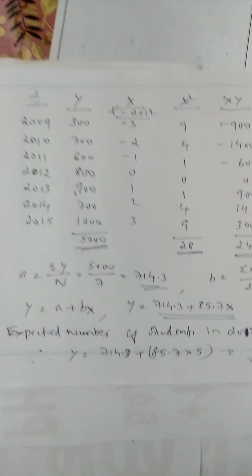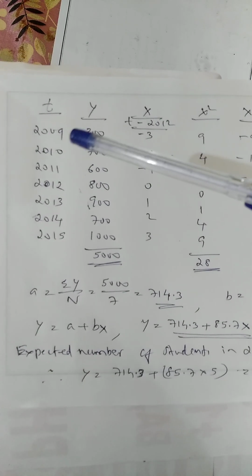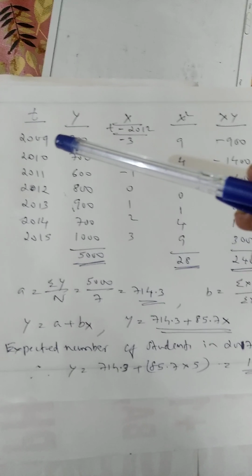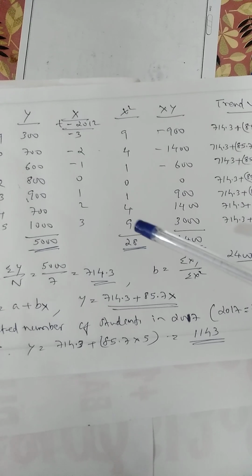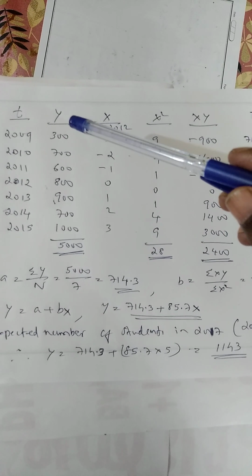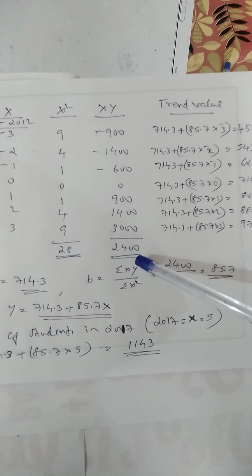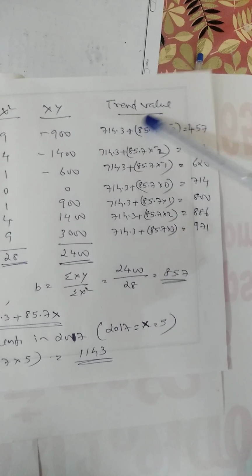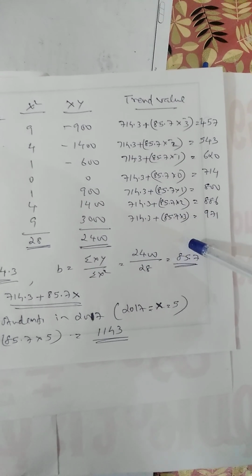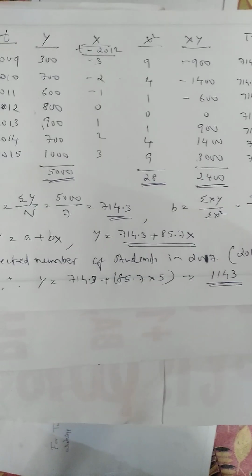So we are continuing from the previous video. See, the columns are there. I already explained how we found out the sigma y, then sigma x square, sigma xy, and we have to find out this trend value also. Okay, so the formula to fit a straight line trend is